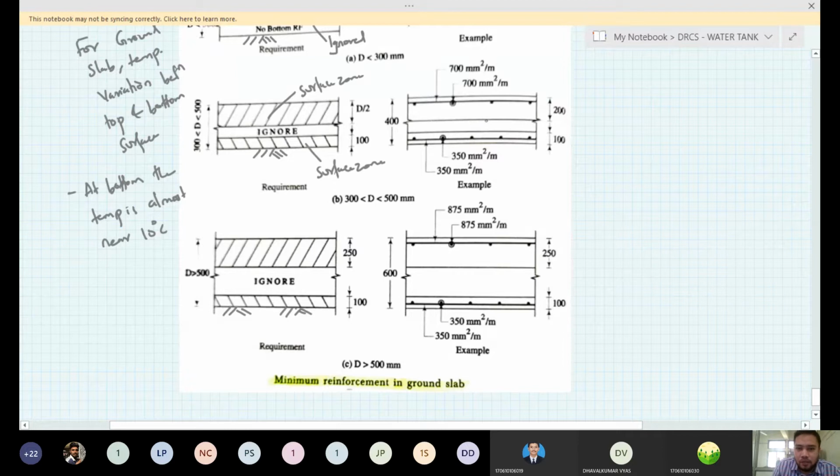So for example, if the depth is 400, which is between 300 to 500, then half the depth of 400, that is 200, so within 200 you have to find the area of steel required. So the minimum area of steel required for this will be 1000 width multiplied